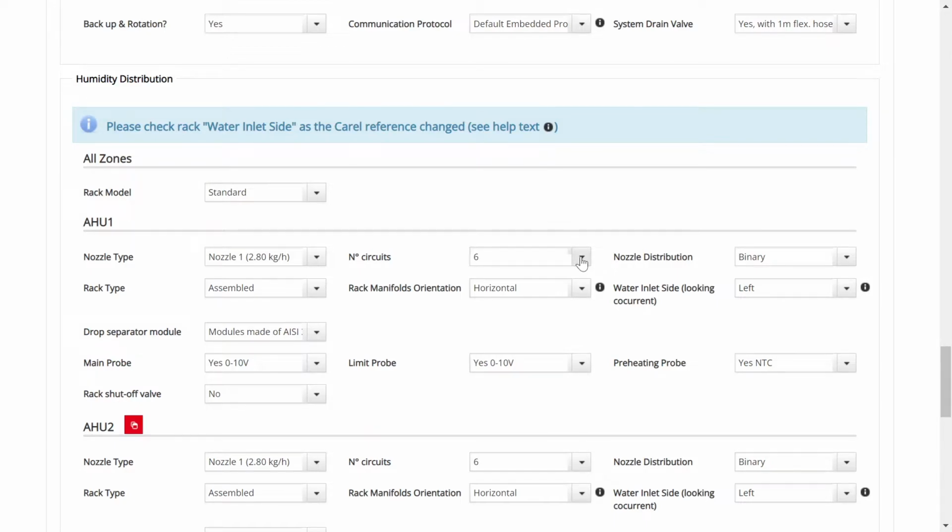Number of circuits. We can choose the maximum number of steps to group nozzles into. The higher the number, the better the modulation of the water sprayed. Nozzle distribution. Binary distribution means having different manifolds with a different number of nozzles, which is good for modulation and it is recommended. Uniform means having the same number of nozzles on each manifold, which is just used in some